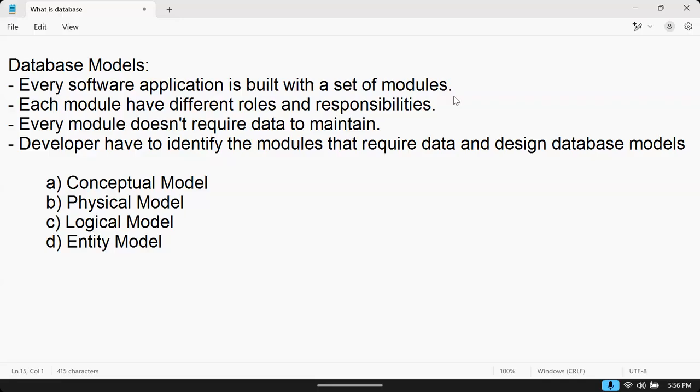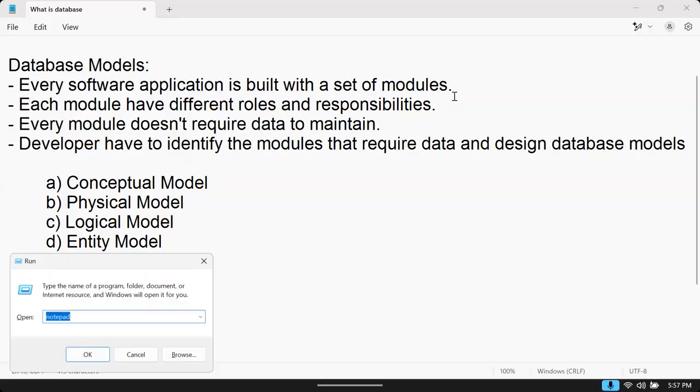Let's see what these are. First, conceptual model means we have to prepare the list of modules that require data. Out of all modules, which module needs data? We have to prepare that list first. This model is called the conceptual model. How it looks, I will show you.